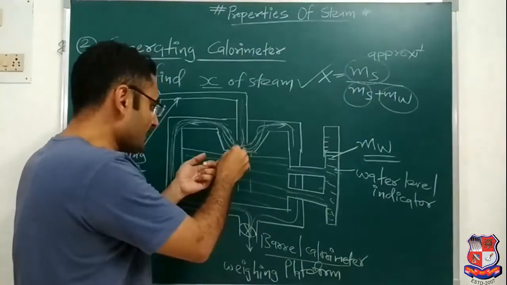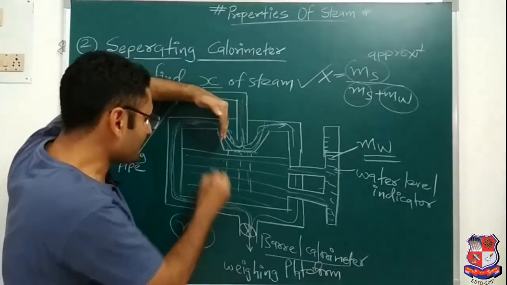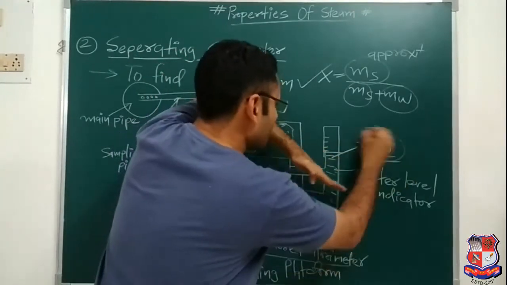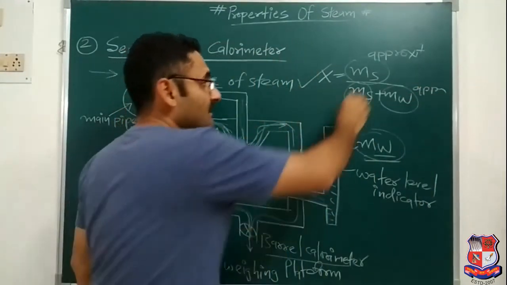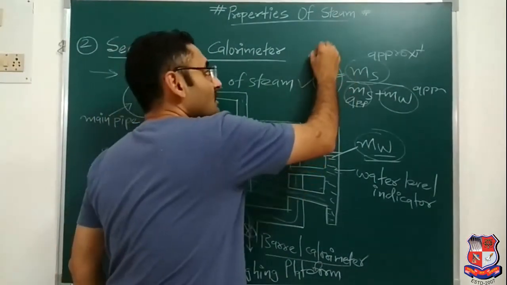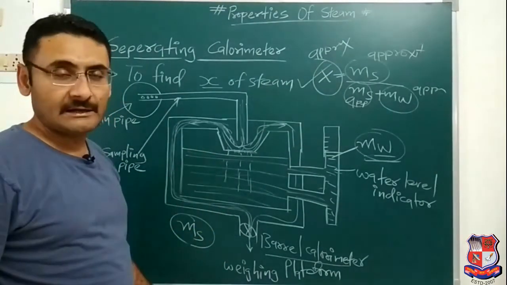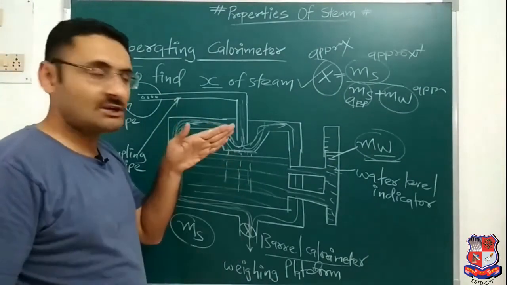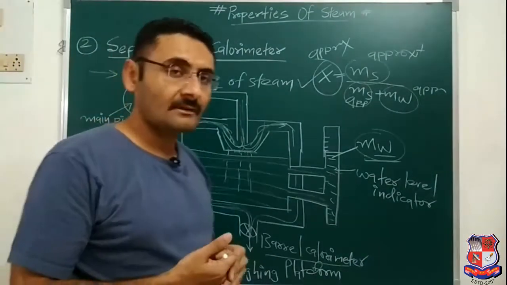And also, whatever water is present over here, with that water some steam pressure is there. So with that steam pressure some amount of vapor is present. Due to that the height of water is increasing, so you will not get the exact amount of water, you will get an approximate amount of water. So over here it is an approximate value, over here also it is an approximate value. So the dryness fraction answer will also be approximate. That is the limitation of this separating calorimeter: we cannot measure the exact value, because complete separation of water and vapor particles is not possible. So that is all about the separating calorimeter.